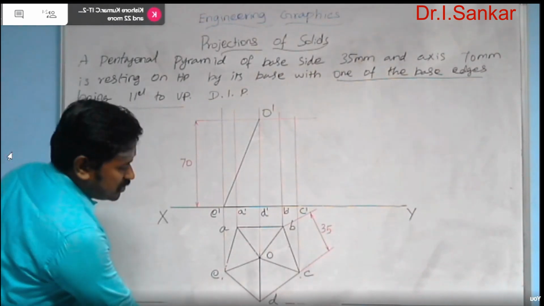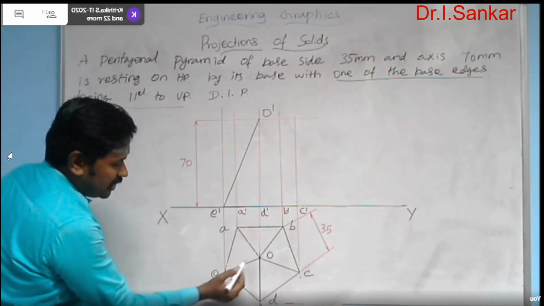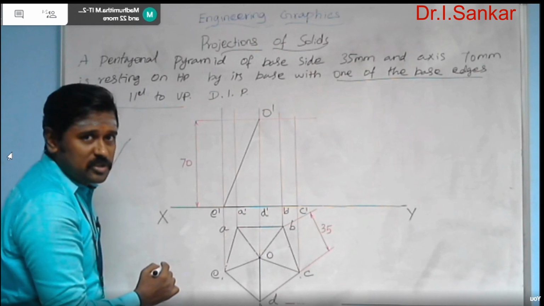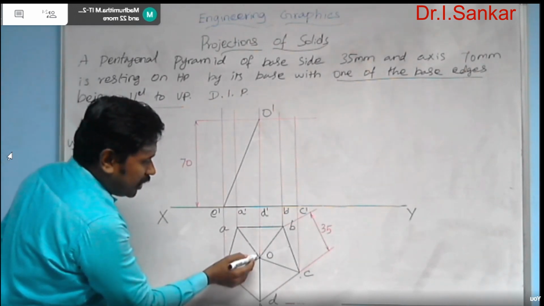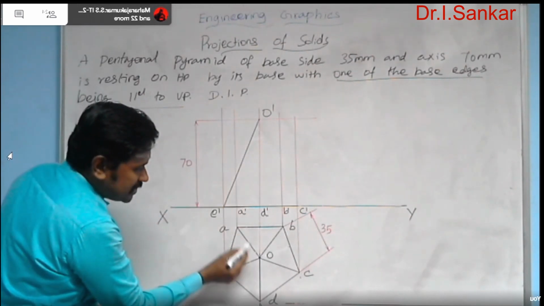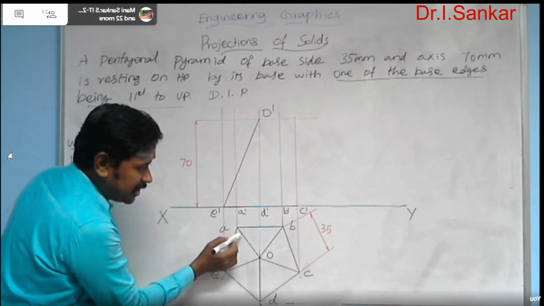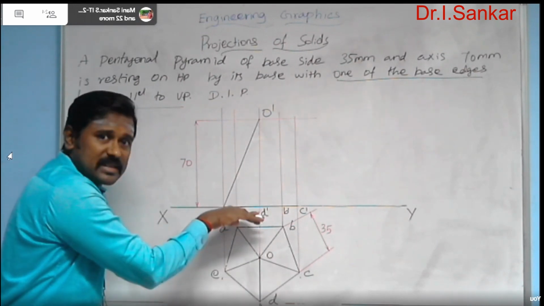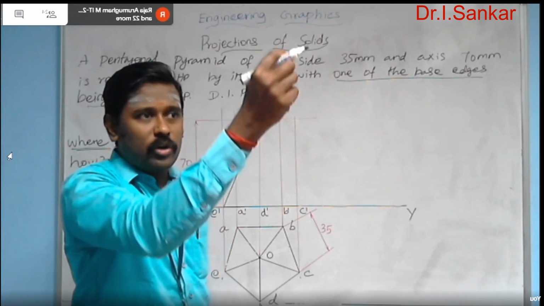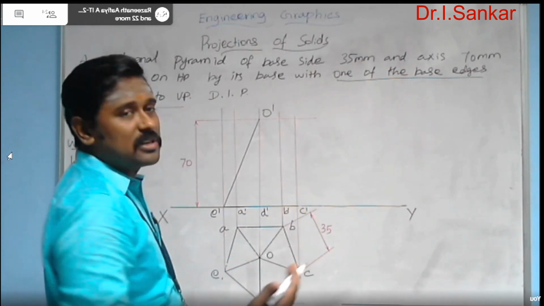See here, I am seeing the object from the front. So the edge O dash E dash is a visible edge to me. The edge O dash A dash is not visible to me because I am seeing the object from the front. The edge O dash A dash is just on the back side of the object, so it is not possible for me to directly see it. I am seeing the object from the front side.